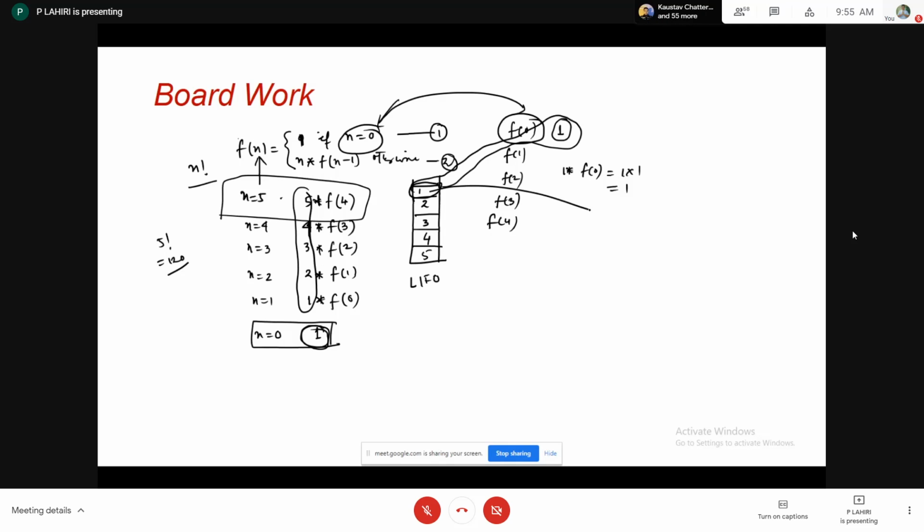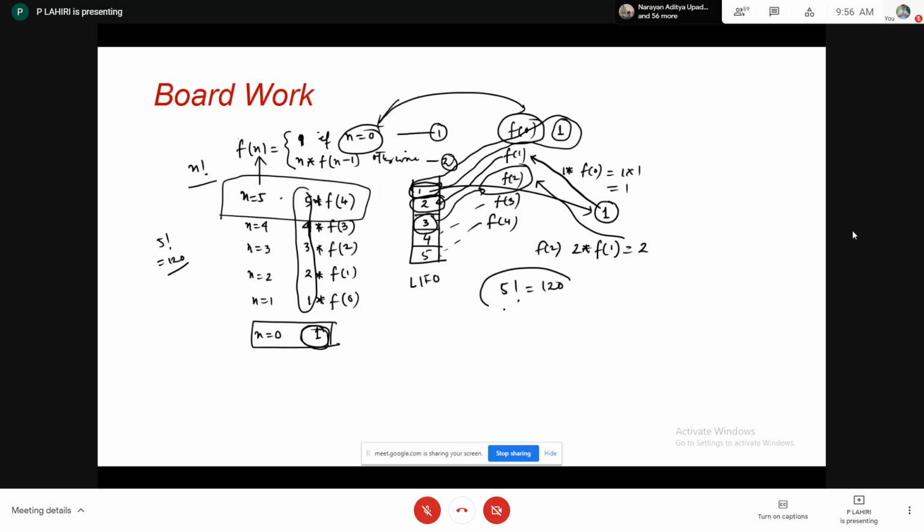So this is popped out. So your current value is 1, which is factorial of 1. Now you get the factorial of 1 value, which helps to clear the factorial of 2, because 2 into factorial of 1 was the last value. So now you will pop out 2 into f of 1 and you will get 2. So factorial of 2 is calculated, then factorial of 3 will be calculated because you have got f of 2 from the last iteration. In this way, all pending operations will be cleared, and at last you will get factorial of 5, that is 120.